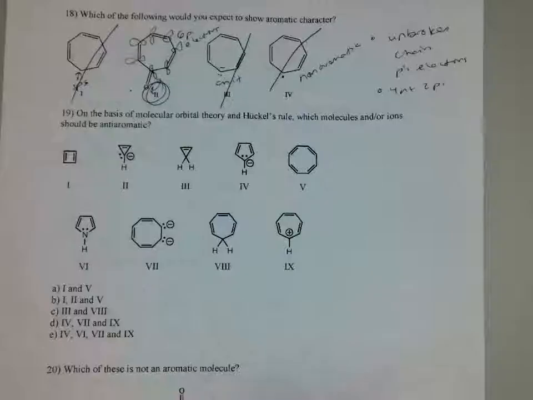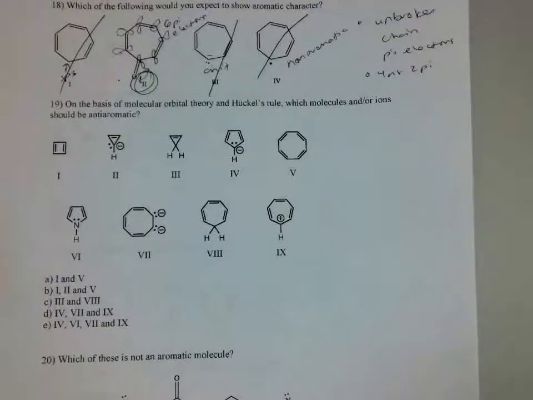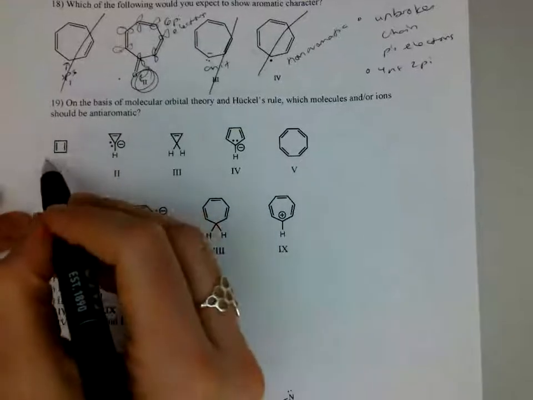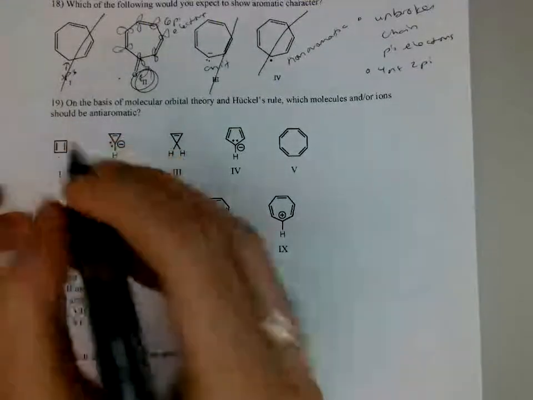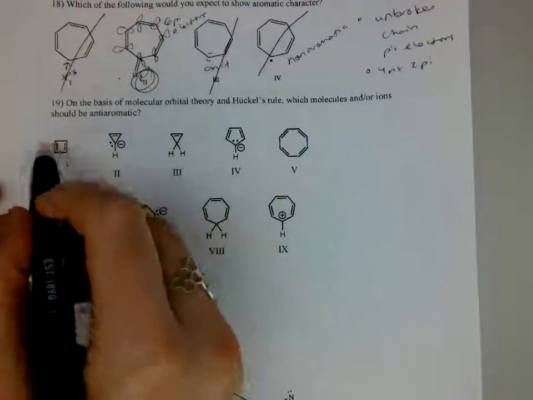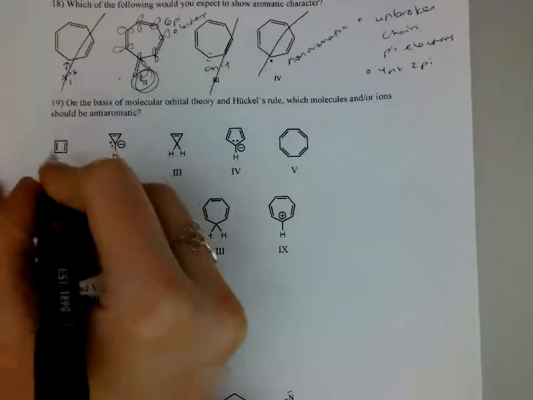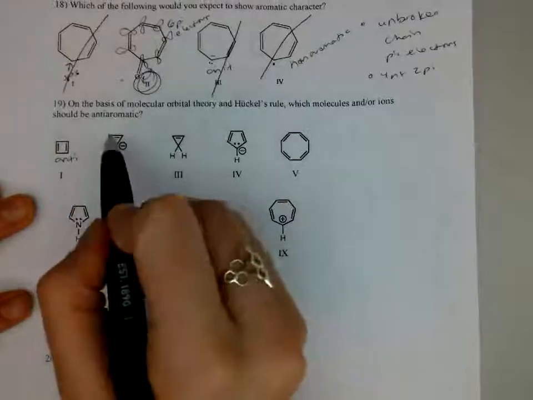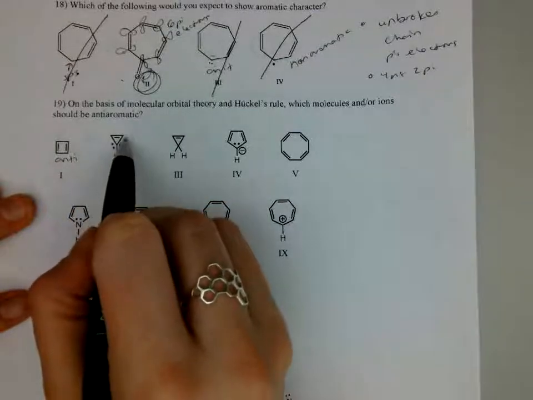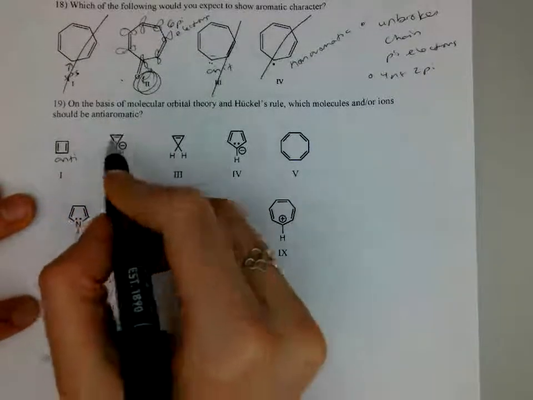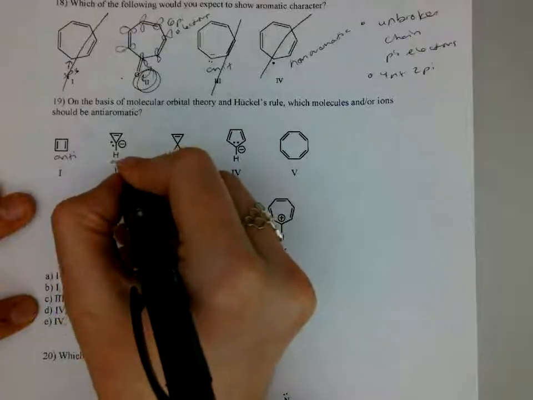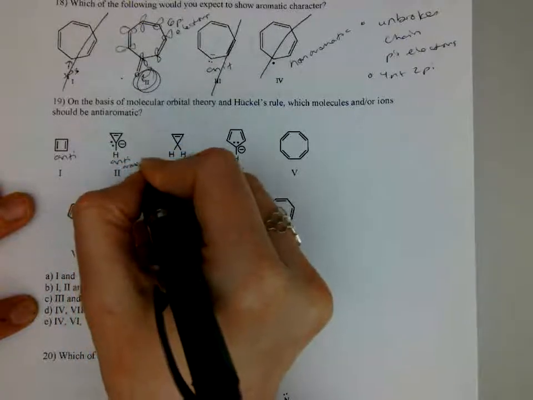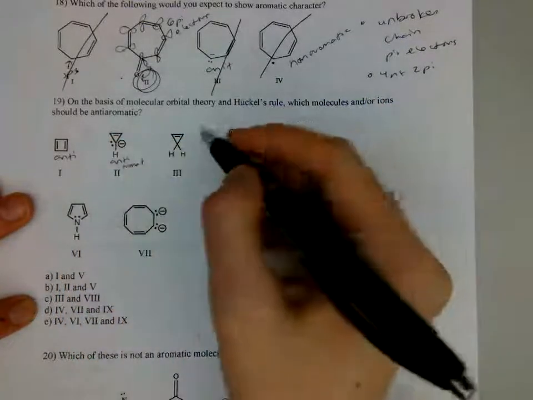Okay. Now again, which one of these are going to be aromatic, anti-aromatic, or non? We've seen cyclobutadiene a lot. This has an unbroken ring of pi orbitals, and it has 4n pi electrons, so this is anti-aromatic. Same thing here, we've got 1, 2, 3 p orbitals, and it has 4, so it's anti-aromatic. 1, 2, 3, 4 pi